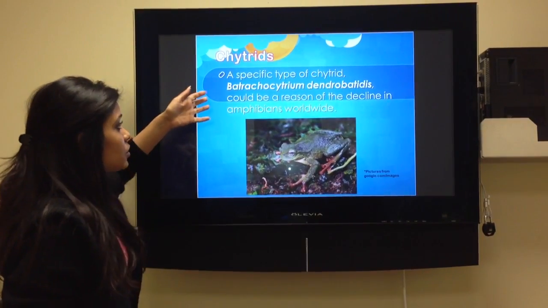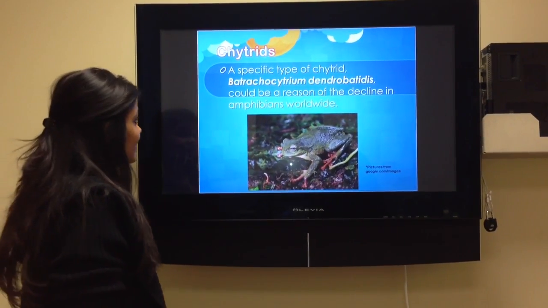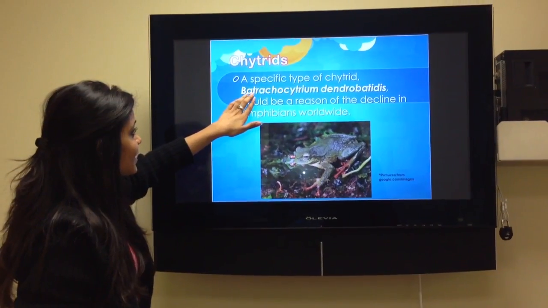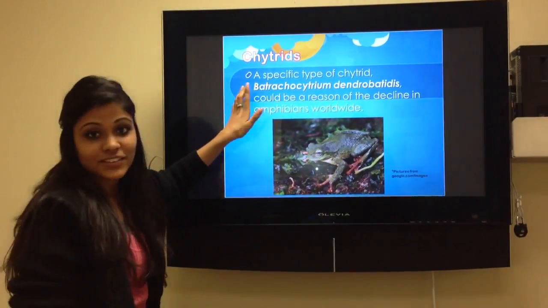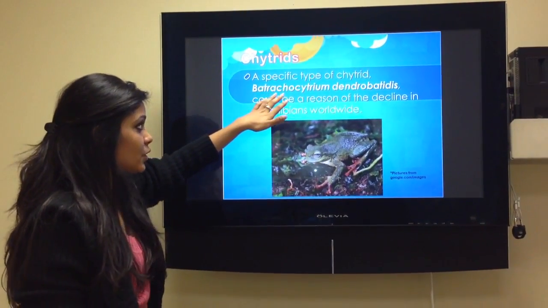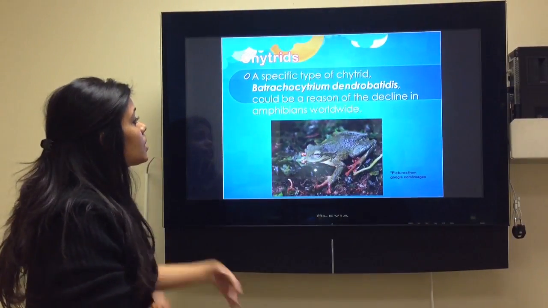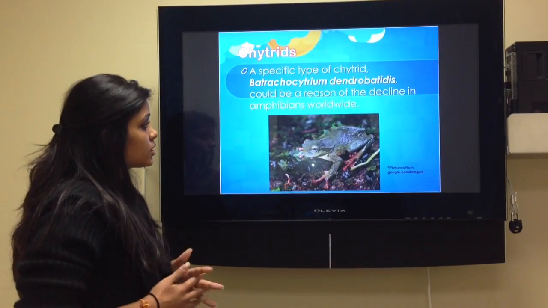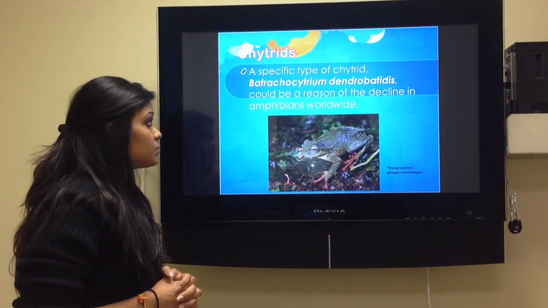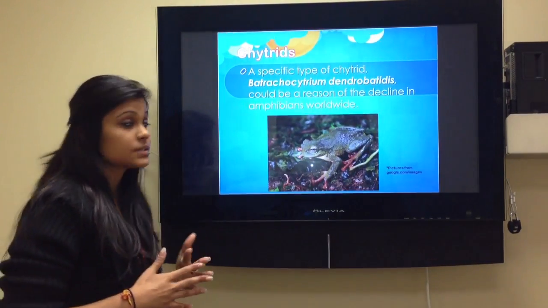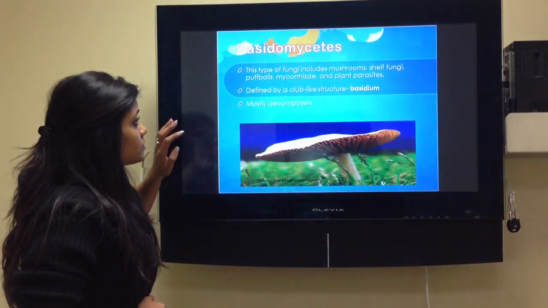Batrachochytrium dendrobatidis. Chytrids are basically one of the reasons why amphibians worldwide declined. And yeah,